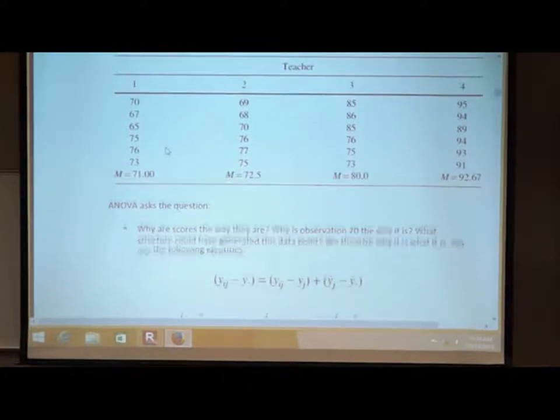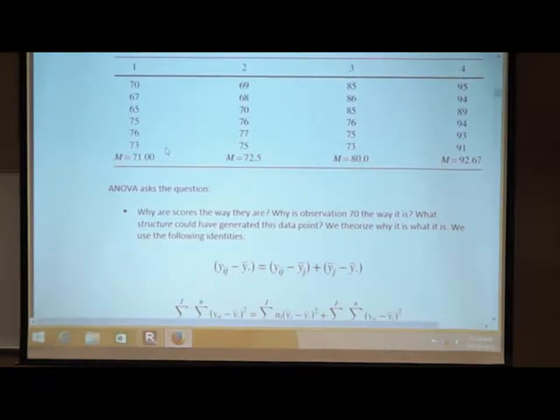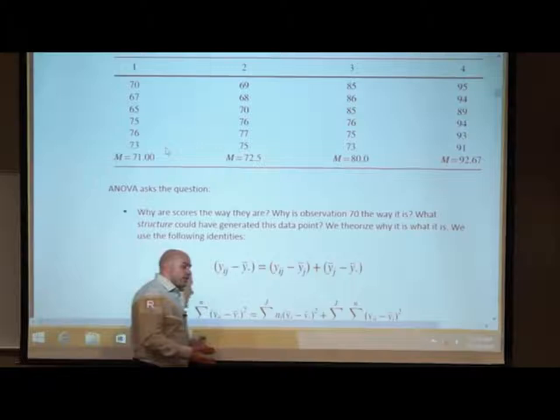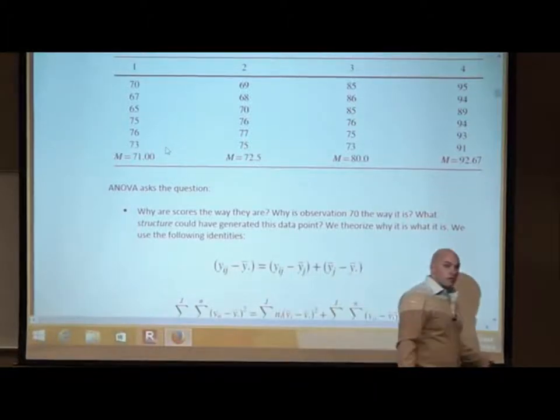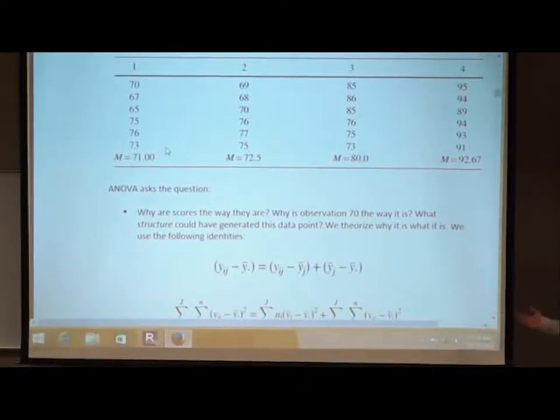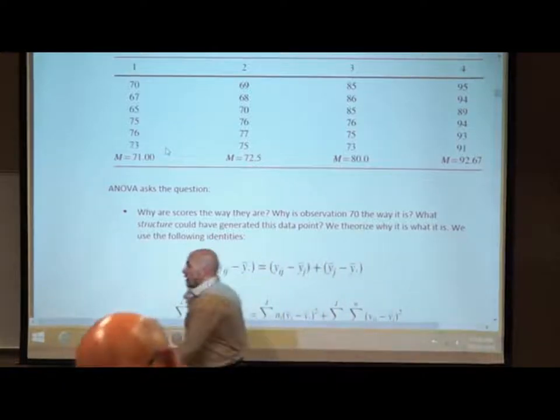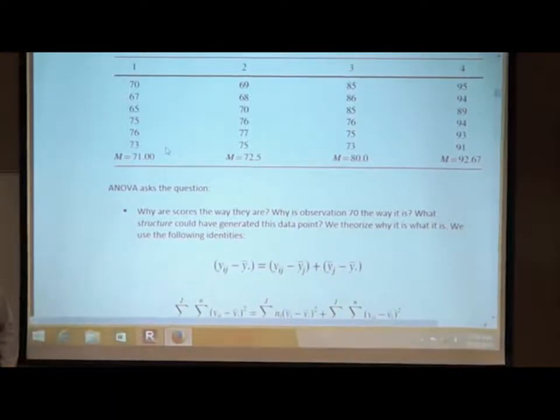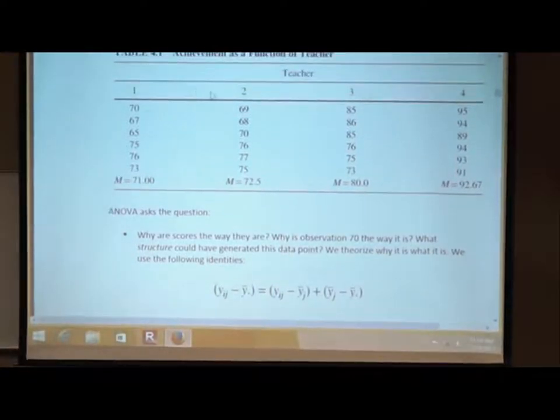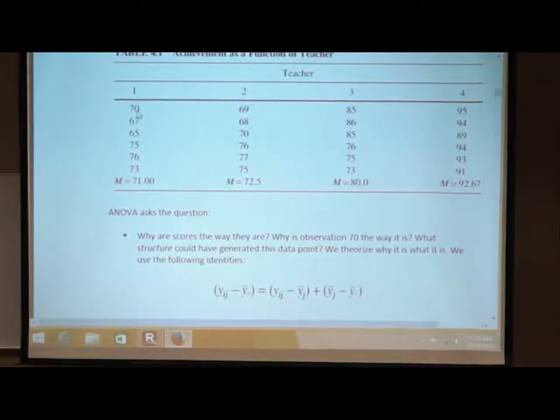Well, we try to theorize as to why the scores are the way they are. And this is the start of building the model. So I look at 70 and I say, well, 70, what could it be a function of? Well, they all receive the same teacher. Let me put that slide back up. They all receive the same teacher, so it can't be because they had different teachers as to why this person got 70. But this one's 70, this one's 67, this one's 65, so there's some unexplainable variability going on within